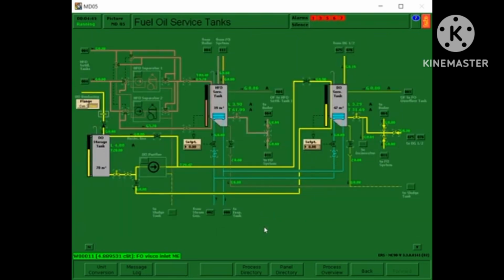Then go here, we need to check. So as you can see, we need to set this part and wait for the alarms.